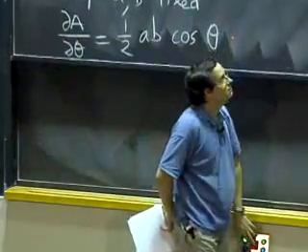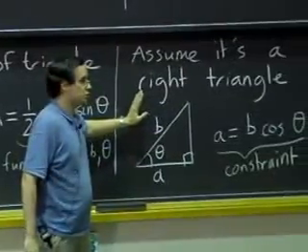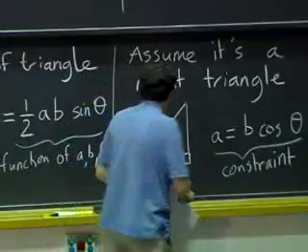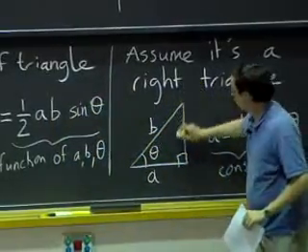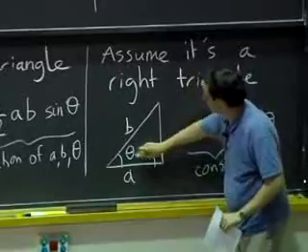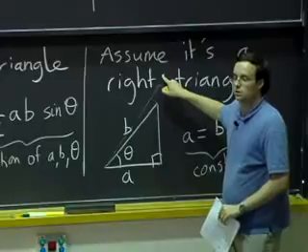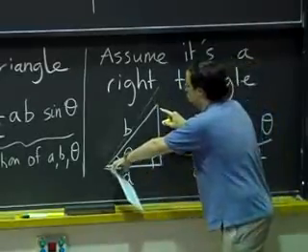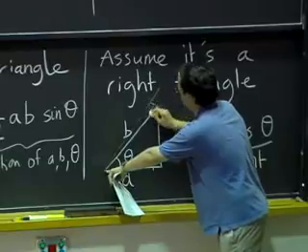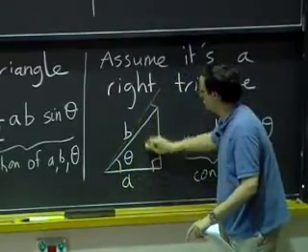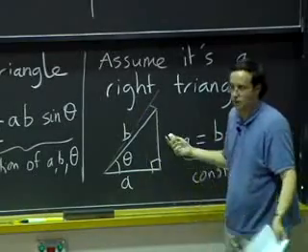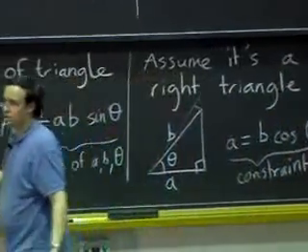So far, I'm not really doing anything with my constraint. Let's say that I do want to keep a right angle. Then when I change theta, there are two options. One is I keep A constant. And then, of course, B will have to change, because if this width stays the same, then when I change theta, the height increases, and then this side length increases. The other option is I change the angle, keeping B constant. So this side stays the same length, but then A has to become a bit shorter. And of course, the area will change in different ways depending on what I do.